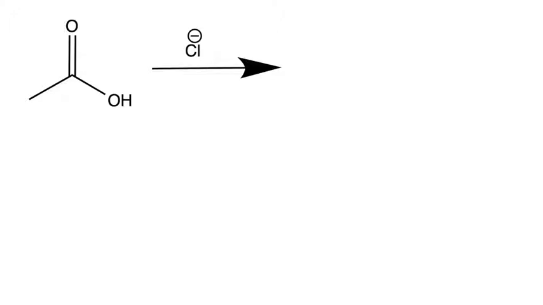All right, in this section we're trying to see if we can make an acid halide. So the first thought you might have is you might be able to take a carboxylic acid and react it with chloride to make an acid halide. There's a problem here because the leaving group, if this chloride came in here and displaced the hydroxide, is OH-,